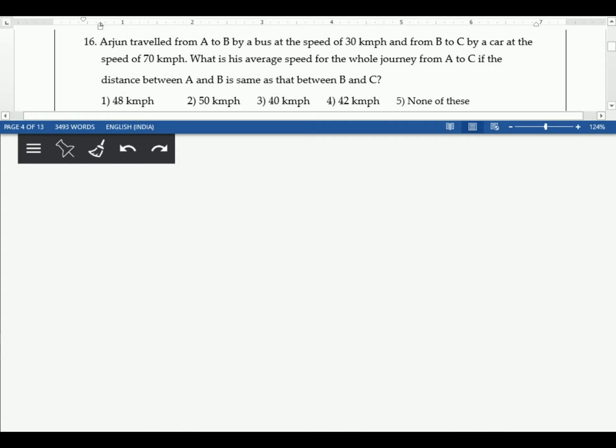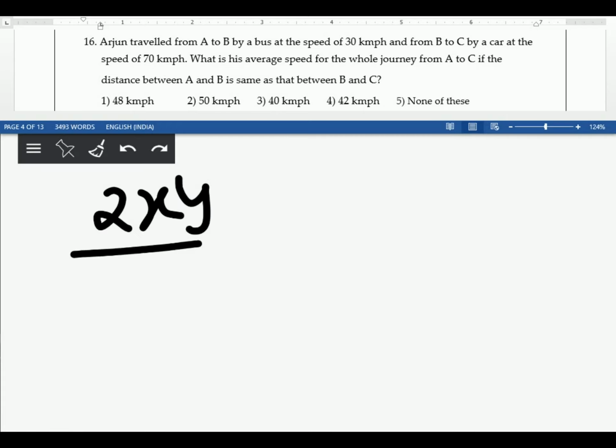Arjun travelled from A to B by a bus at a speed of 30 kilometers per hour and from B to C by a car at a speed of 70 kilometers per hour. What is his average speed for the whole journey from A to C if the distance between A and B is the same as that of B and C? Here also the distances are the same. So we go with our formula 2xy by x plus y,